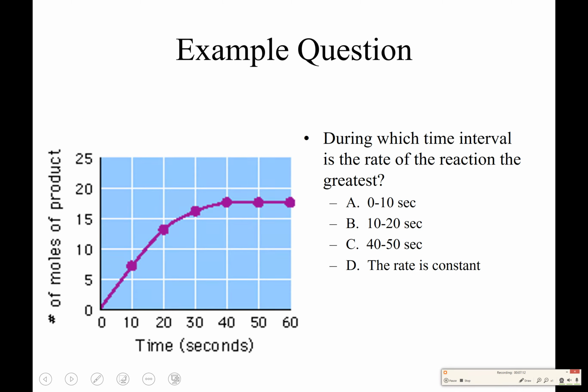So here's an example question. During which time interval is the rate of the reaction the greatest? Notice that we're looking on the y-axis at the number of moles of products formed, and this is during an enzyme reaction,